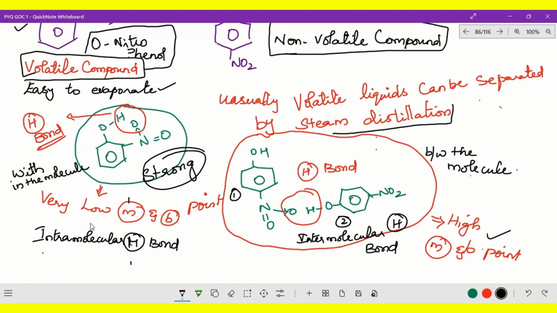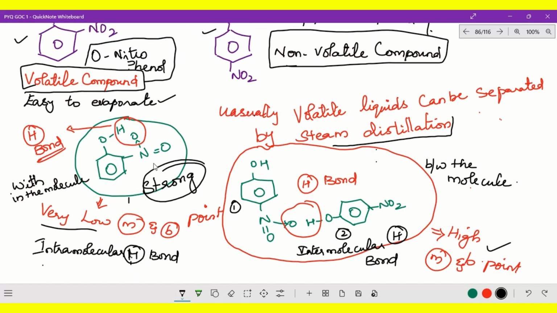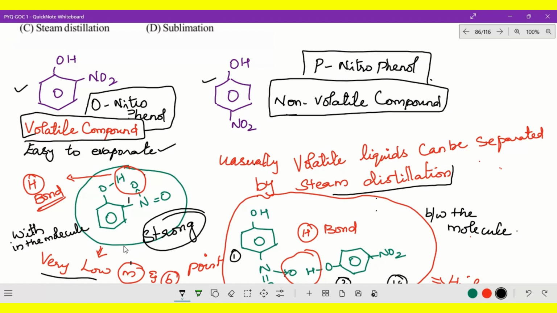So in intramolecular hydrogen bond, the force of attraction will be there. Here also the force of attraction will be there, but this is between the molecules, so the force of attraction will be very high, and you have to provide higher temperature to break the bond. But here within the molecule, the bonding nature is there, so usually the melting and boiling point of orthonitrophenol is comparatively less than paranitrophenol. See here, generally the intramolecular hydrogen bond is a very strong bond we used to say. And this is another point I just bring to your notice.